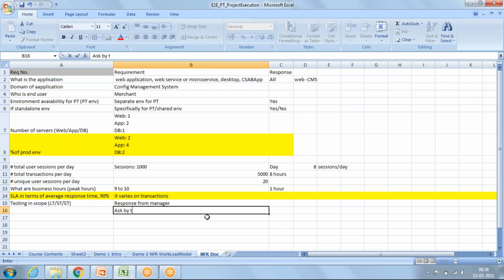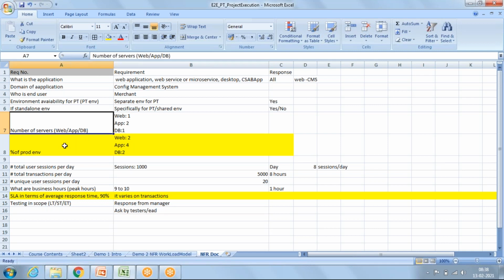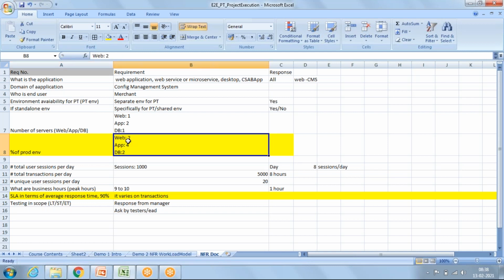Asked by testers and the lead. So this is what we are going to capture as a non-functional requirement if the application is already running on production. Now we have discussed the 0% of the production environment, and we saw the web servers.